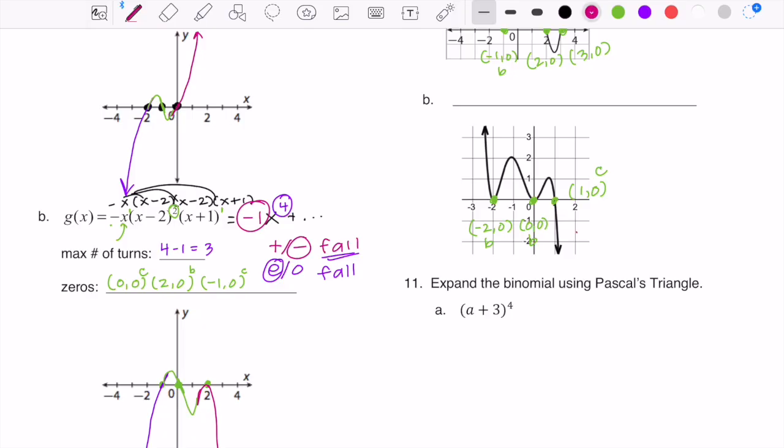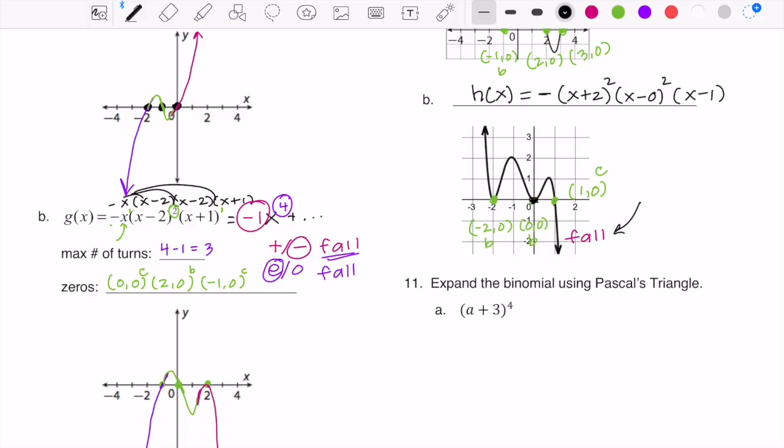Then we're going to see that to the right, the behavior of the graph is to fall. So we know that our leading coefficient is negative. So if I make this one h of x, I'm going to start with a negative because of falling to the right. And then my first 0 is going to be written as a factor, and it's the opposite. So I'm going to put x plus 2 squared. And then this one could be x minus 0 squared. I'll clean that up in a second because of this guy. And then the last one is just x minus 1 because it's crossing through, so I don't want to change